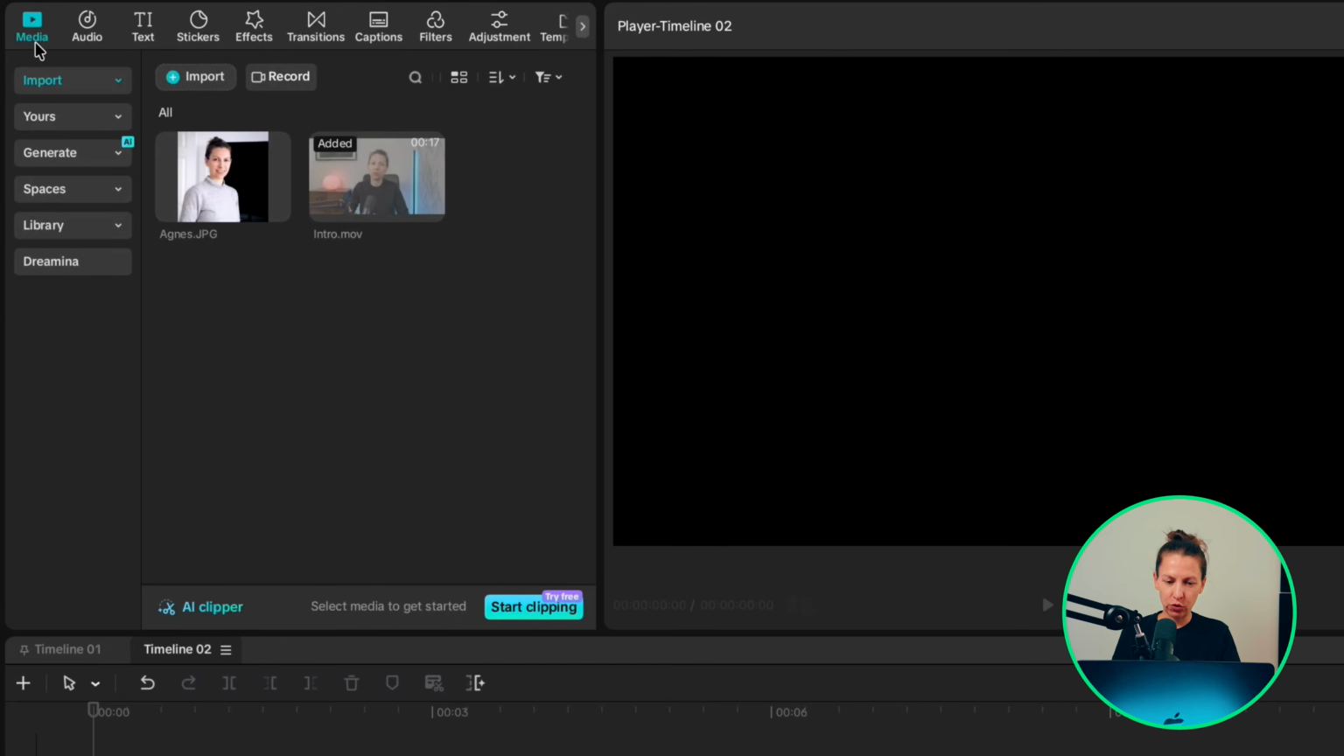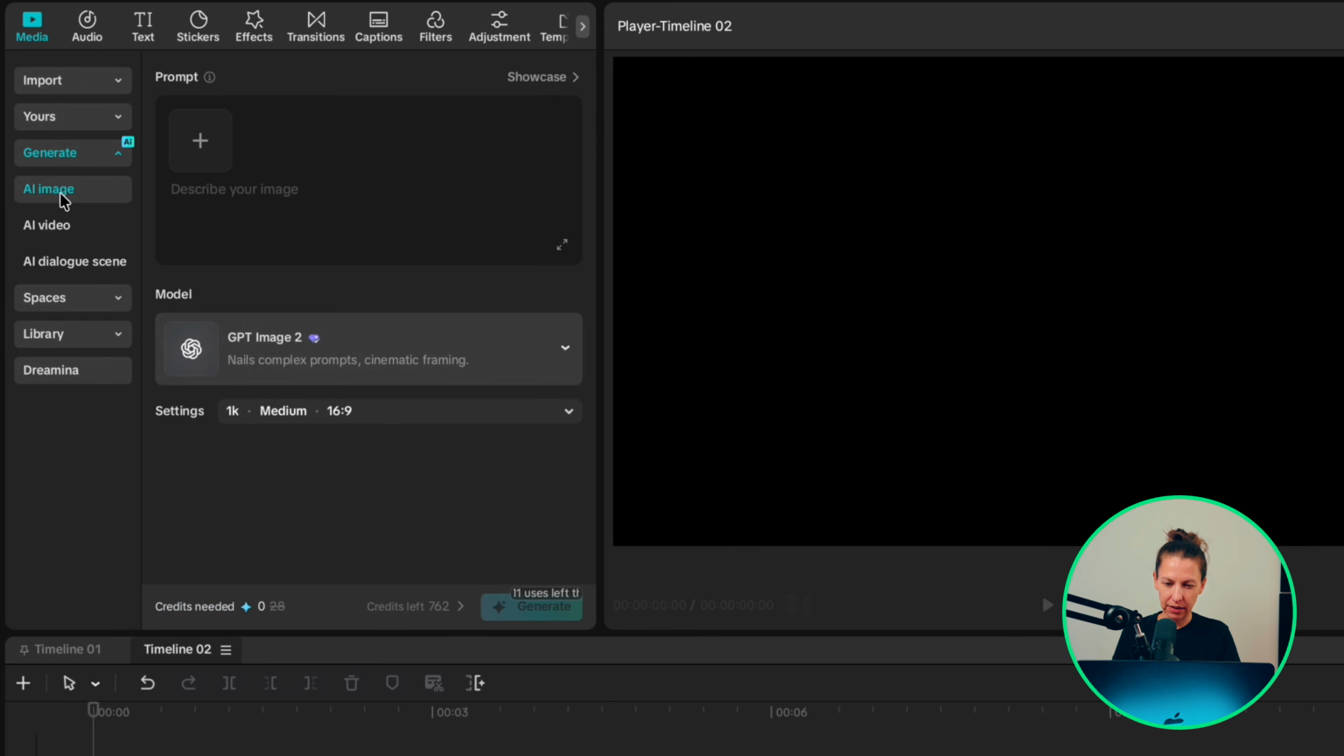Let's start with the feature that feels closest to magic. Type a few words into a box, and CapCut creates an image from nothing. Go to Media, select Generate, and click AI Image. Here you'll find the prompt box and a plus button for uploading a reference image, and we'll come back to